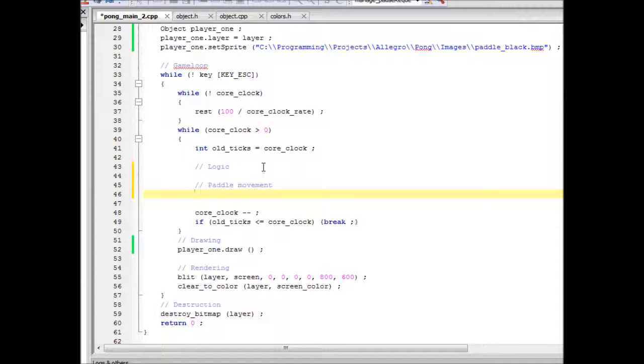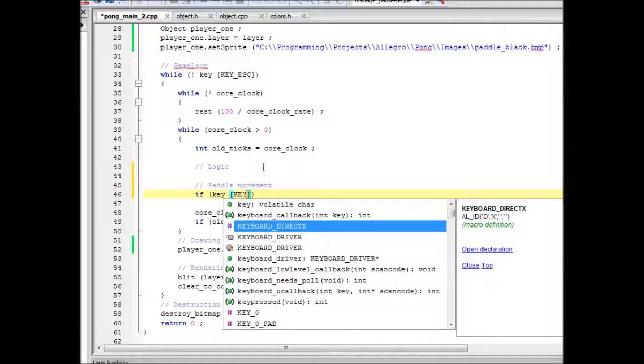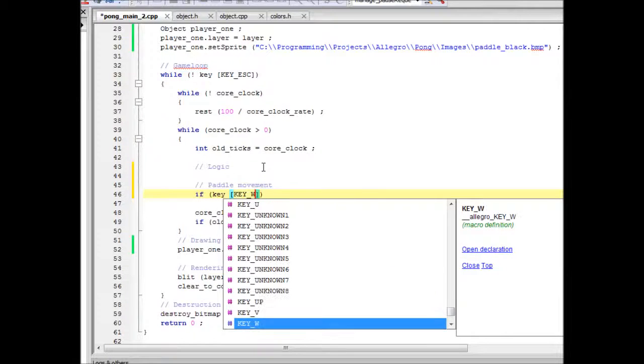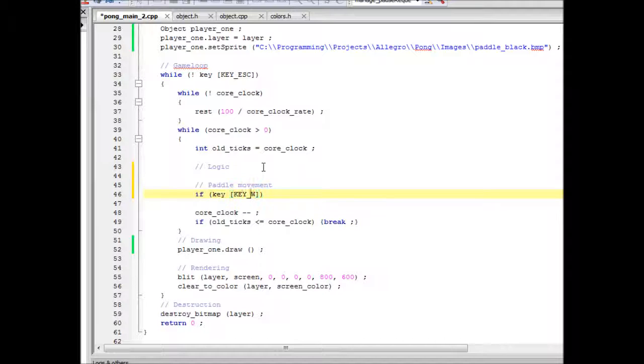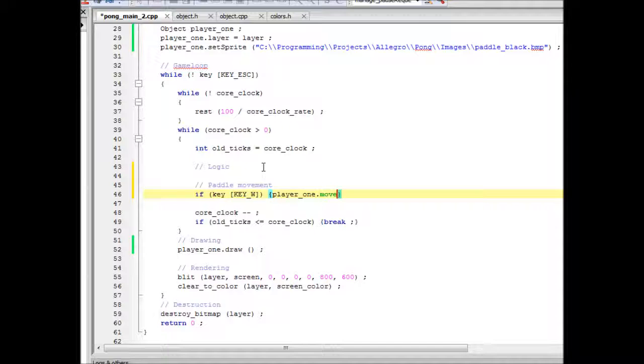Okay, so we'll say if key W, so if the W key is pressed, then we're going to say player one dot move up. Okay, so if the W key is pressed, then we call player one dot move up, which in effect is